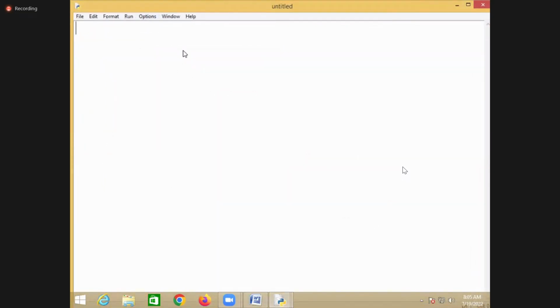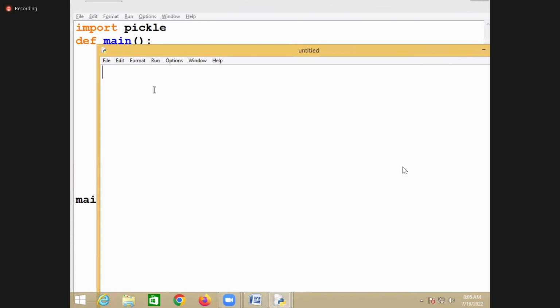User defined type means building your own class. I want to build my own class, create an object, and write it. Just try to understand how to build a class in Python: by using the keyword called class. You learn this in object oriented programming. So what is the name of my class? The name of the class or data type is Employee.